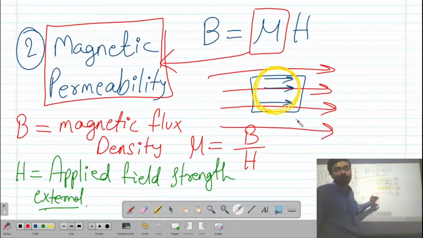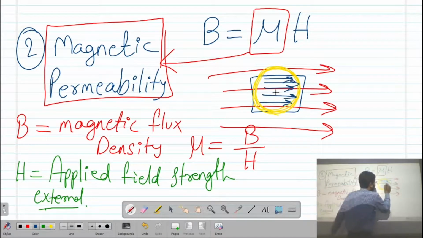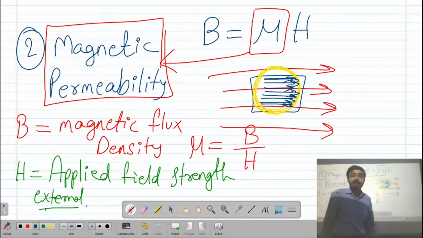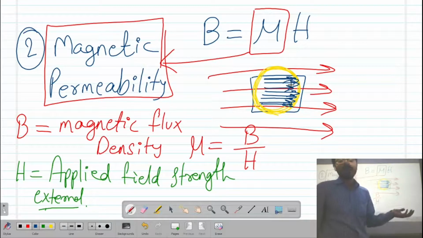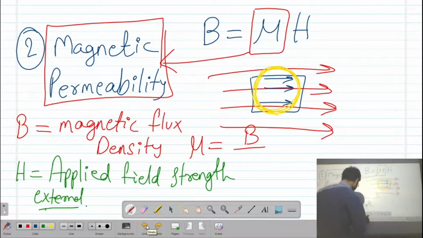That ratio is nothing but magnetic permeability. So if a material is having more permeability, then we will have more field lines. We will have more magnetic flux density. If a material is having less magnetic permeability, then it will have less field lines, right?